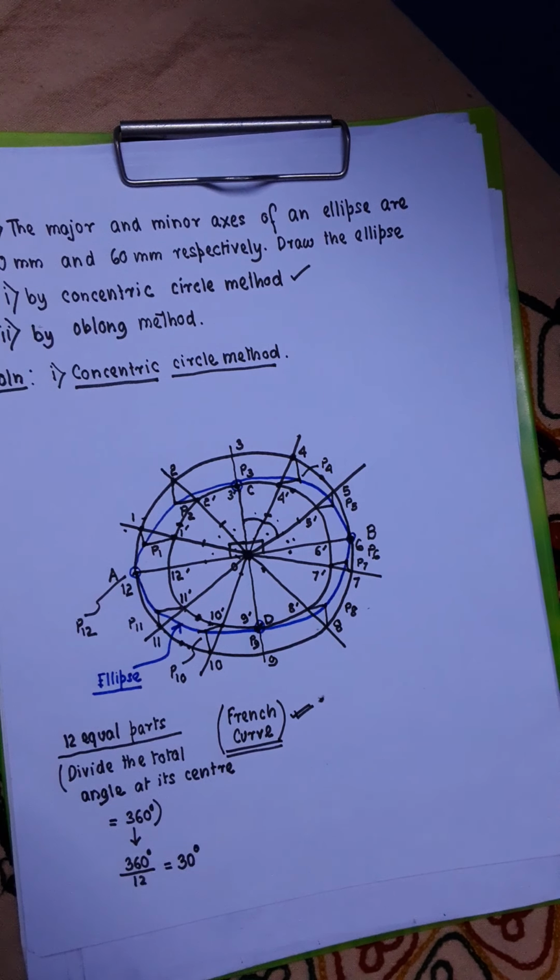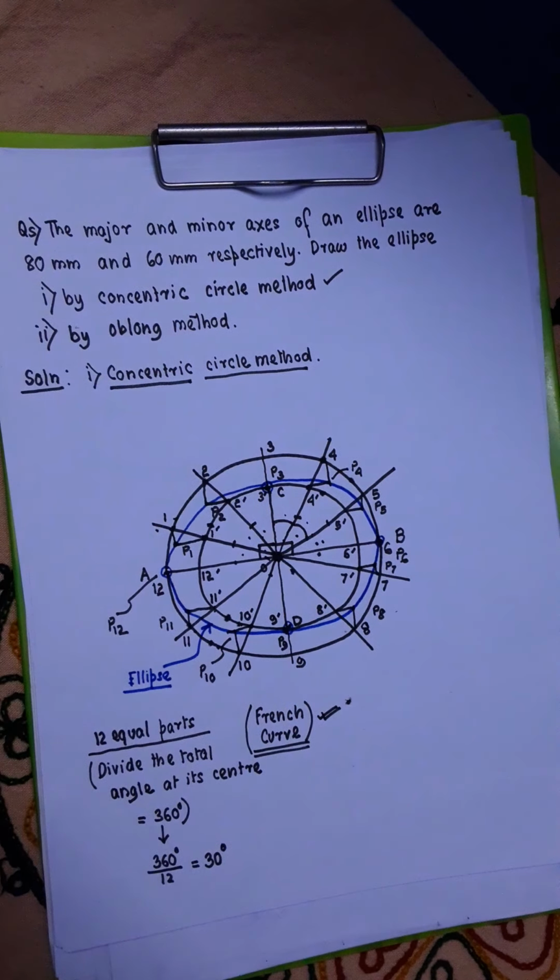So this is how the ellipse construction can be done by following this method which is referred to as the concentric circle method. Now before finishing off with this video, where we intended to learn about the concentric circle method, I would like to quickly recapitulate, or summarize, the different steps that we followed for constructing an ellipse by this concentric circle method.